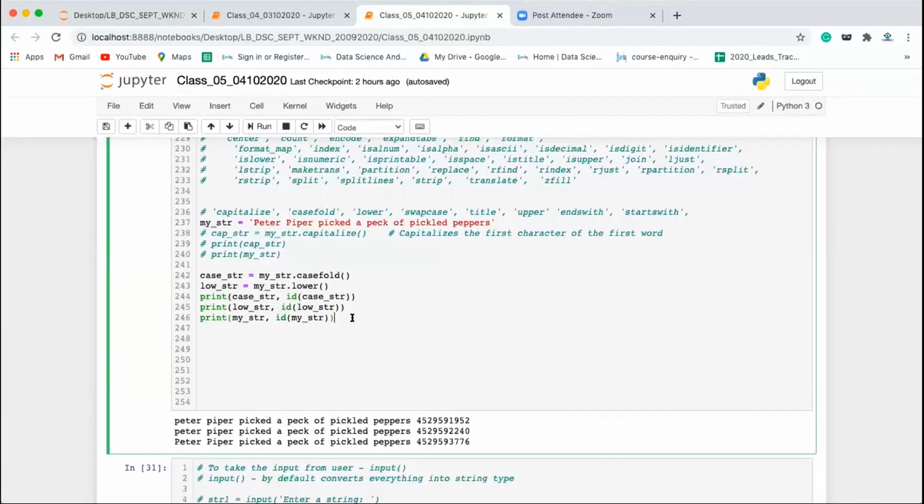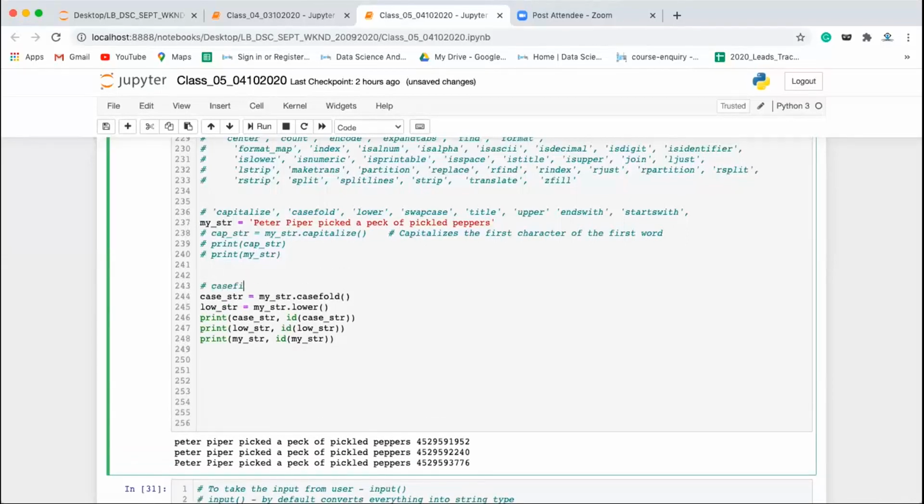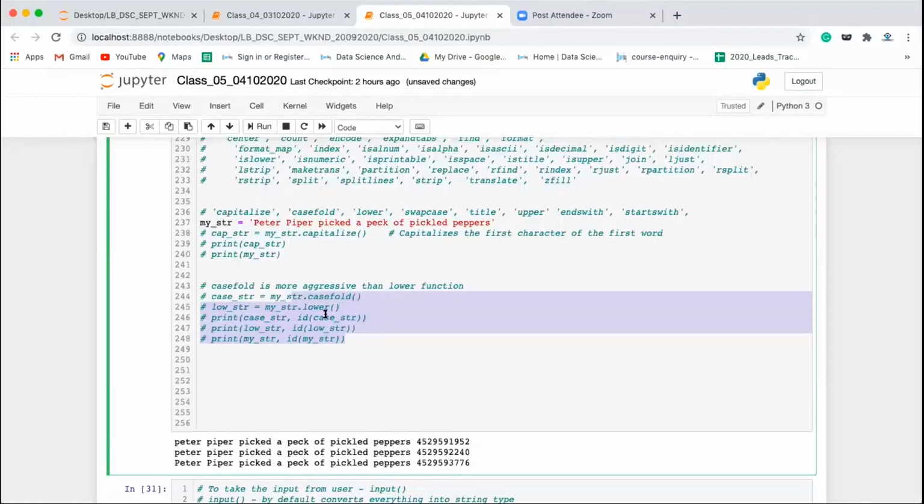I have a question here. What's the difference between casefold and lower? Do they provide the same function? Casefold is more aggressive than the lower function. The lower function is able to convert to lowercase only those characters which are specified in the ASCII table. If you take any character outside of the ASCII table, the lower function will not be able to work on it. For example,